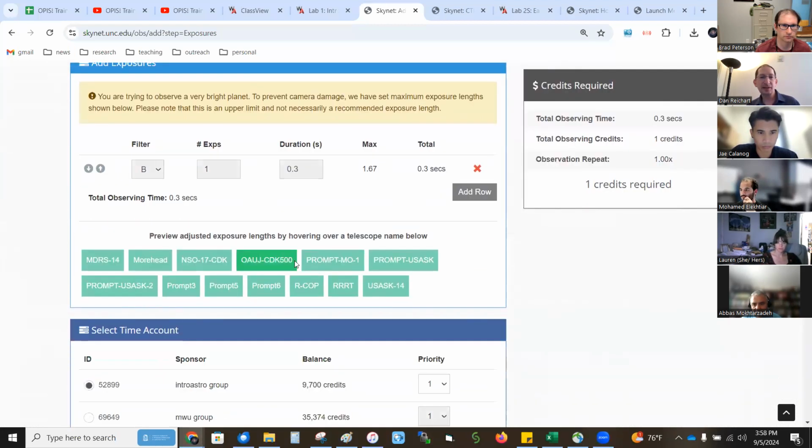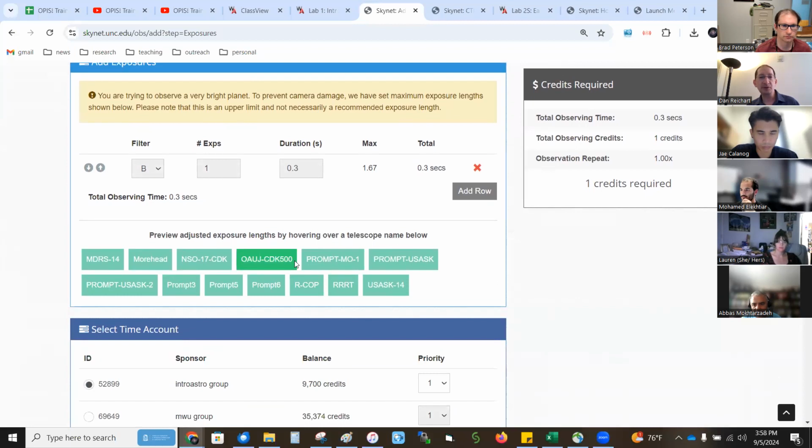And telescopes that require longer exposures, the credits are worth less and you can burn more of them. In other words, it's the same number of credits to do a long exposure on a poor telescope as it is to do a short exposure on a great telescope. If you're doing something really long, like here's 200 seconds, that translates into longer than the telescope can accurately track.